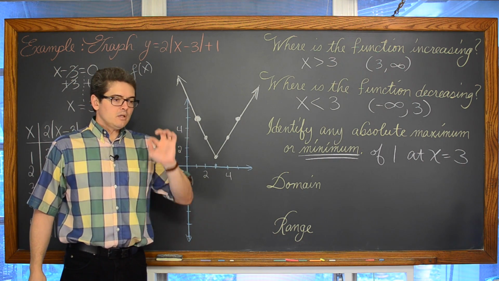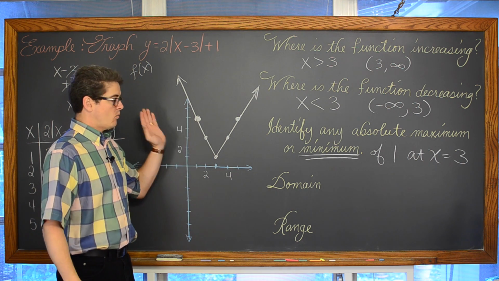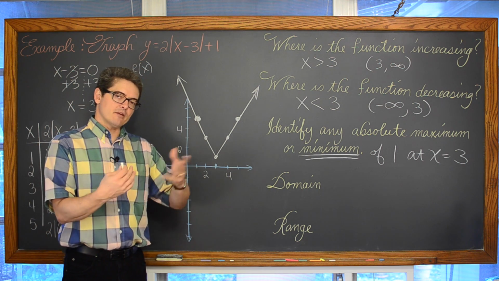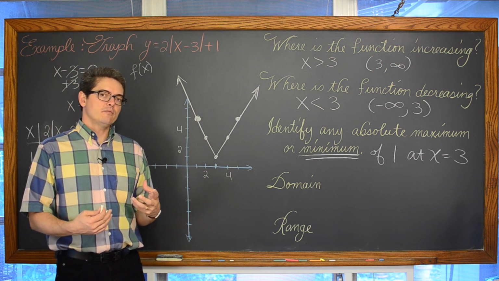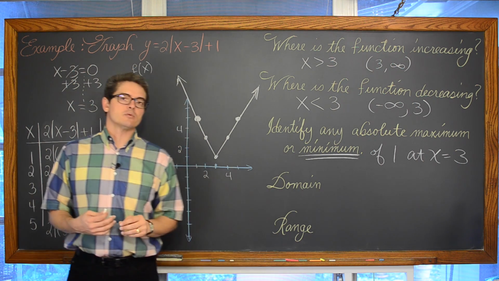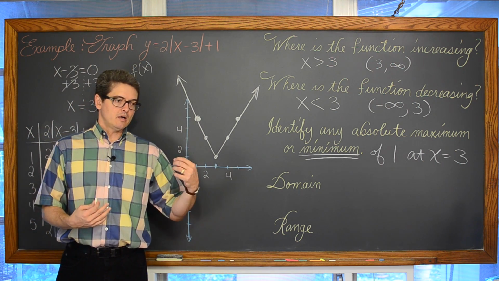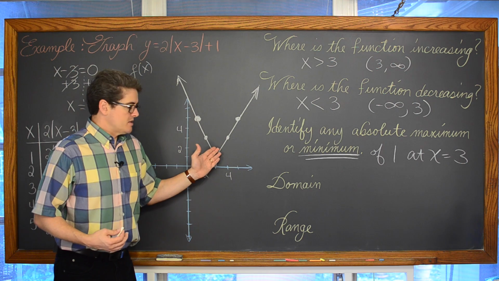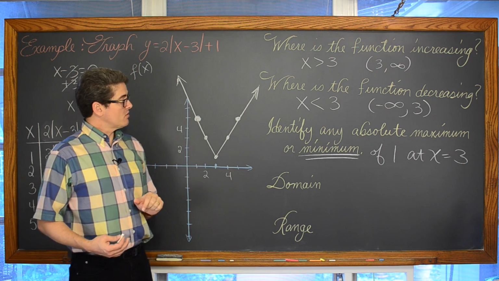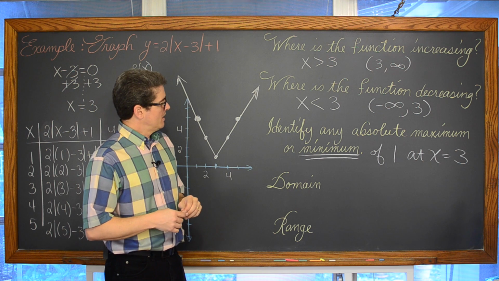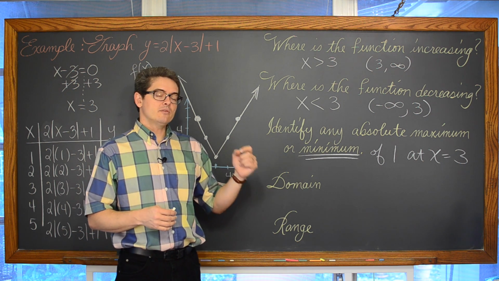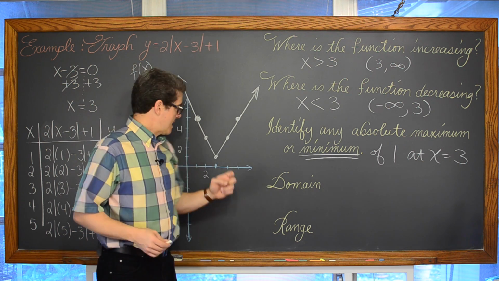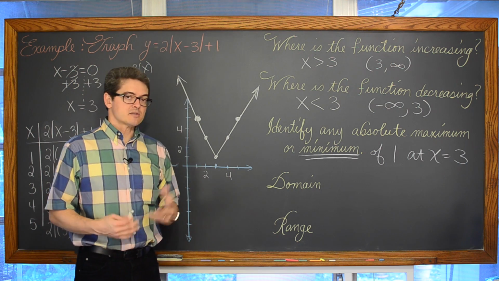Okay, so all linear absolute value functions, at least in the form of y is the dependent variable and x is the independent variable, that form that was on the previous screen, all absolute value functions in the form of y is equal to a times the absolute value of x minus b, close the absolute value symbol, plus c, are all going to have one interval where the function is decreasing, and one interval where the function is increasing. Okay, sorry for the static there. They're also going to have either an absolute maximum or an absolute minimum, but they're not going to have both, as we discussed about, there's an absolute bottom minimum value, but not an absolute max because it goes up forever.